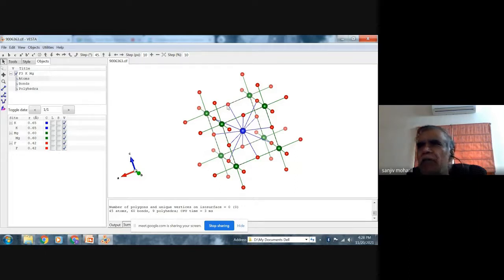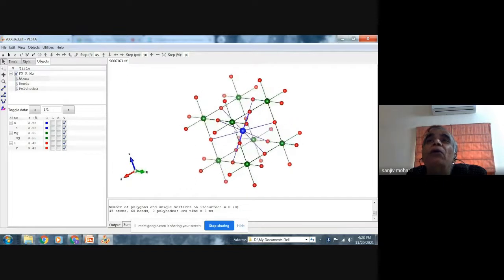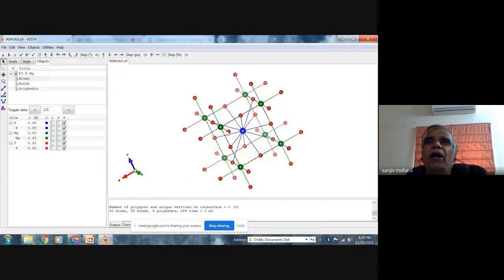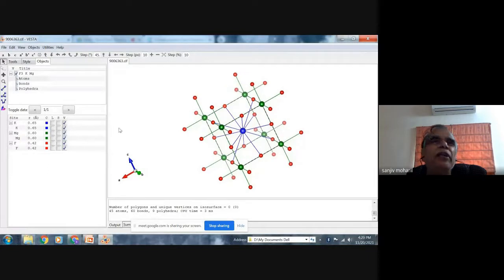If this is too much, I mean there are many atoms, then what I will do, it is still not showing perhaps the unit cell. So let me get the unit cell also.